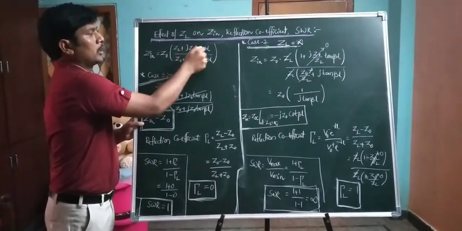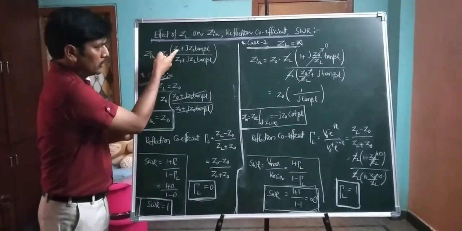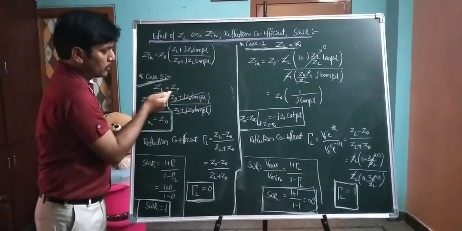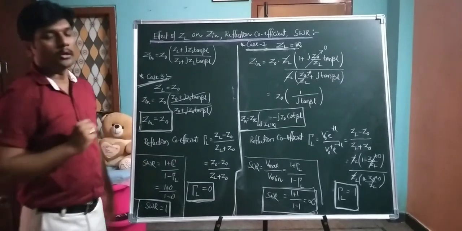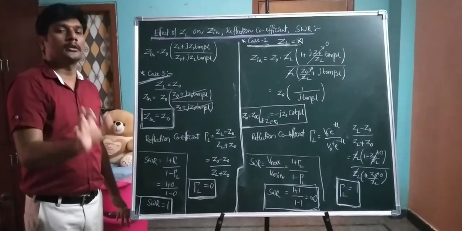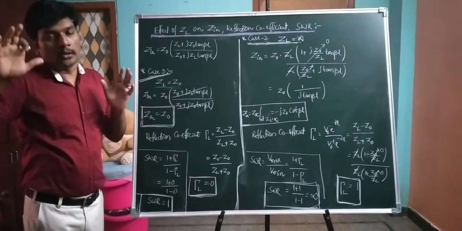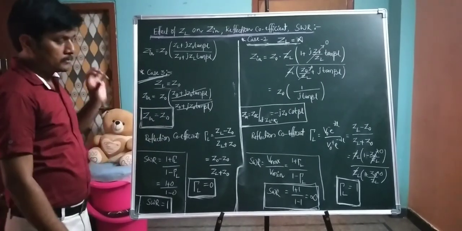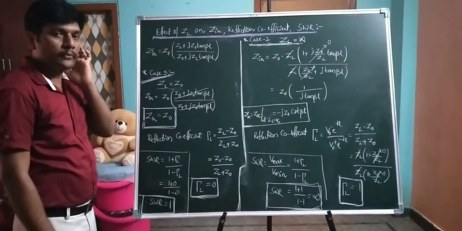So Z0 plus j Z0 tan beta L divided by Z0 plus j Z0 tan beta L. So numerator Z0 plus j Z0 tan beta L, Z0 as it is. ZL replaced by, how is the ZL selected? Z0. So numerator and denominator both are the same. Zin is exactly equal to Z0. If the load is exactly selected as the characteristic impedance, simply the impedance of the complete closed path or closed circuit is the characteristic impedance, right? So in this, maximum energy is drawn by the load, there is no chance of reflections.